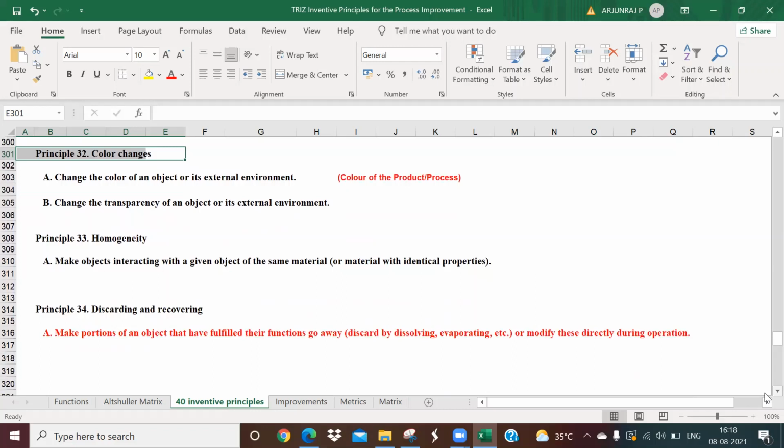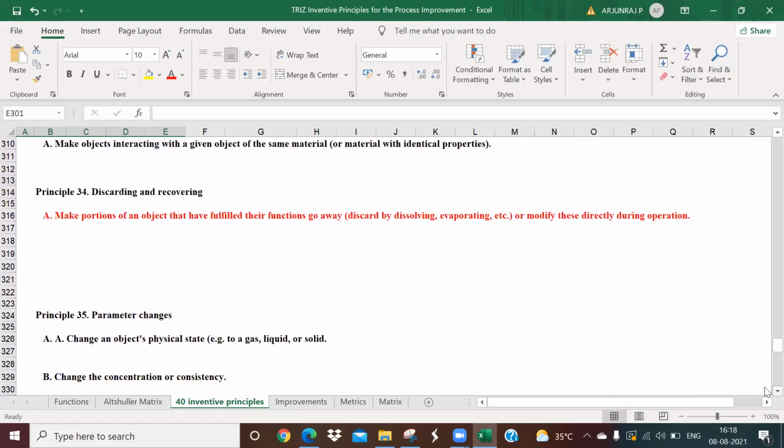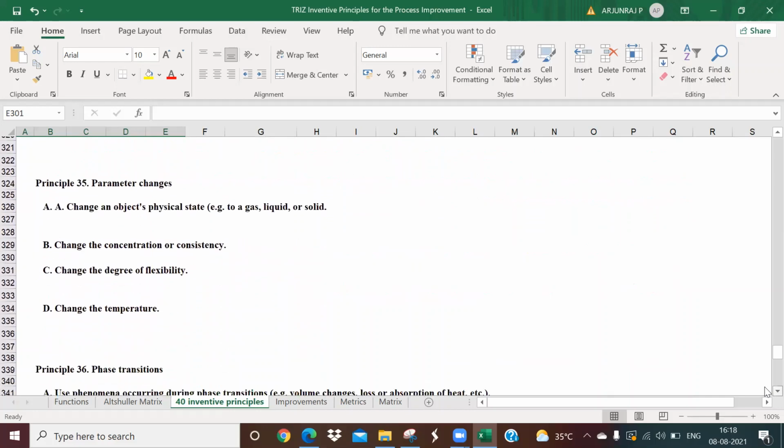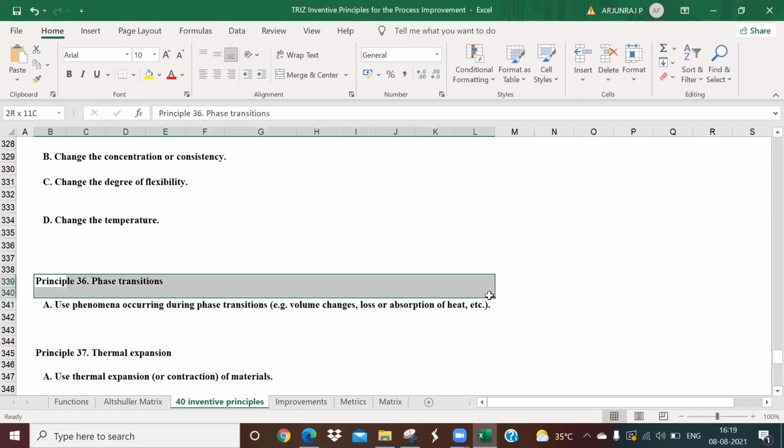Homogeneity: how you can make the process homogeneous, how we can discard some of the stages, recover some of the things. Any parameter if you want to change. And if you want to change this transition, again, this may not be applicable here. Even the transition, okay, all the nitrogen is related to the phase transition. You can try this, but you need to take it in what context. That's why you can even involve the technology team here. They will also give some suggestions.